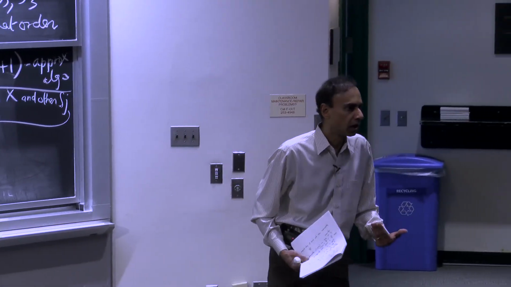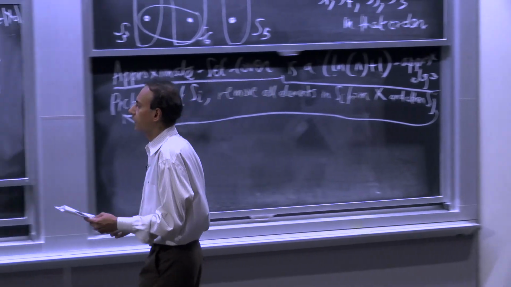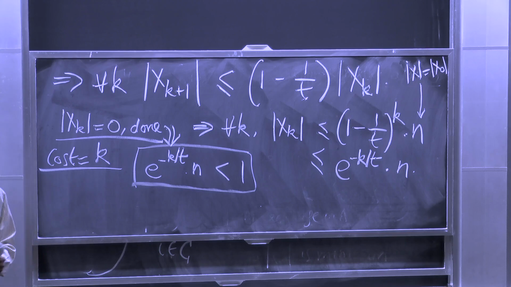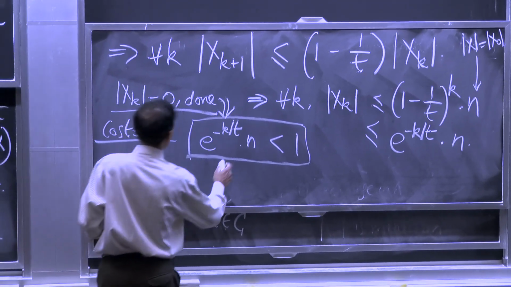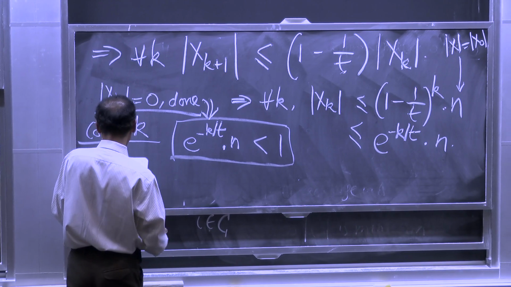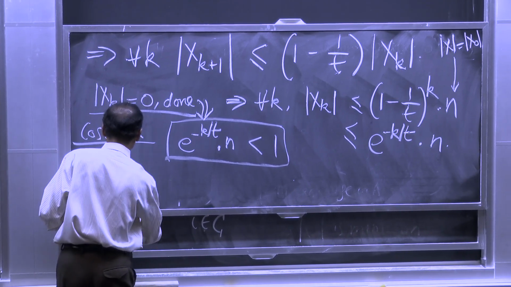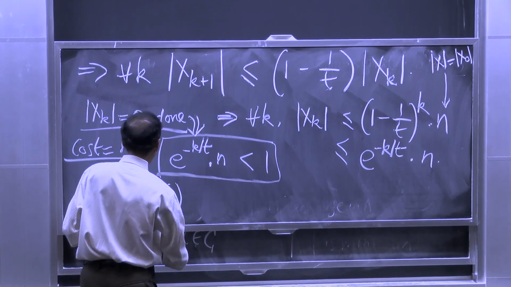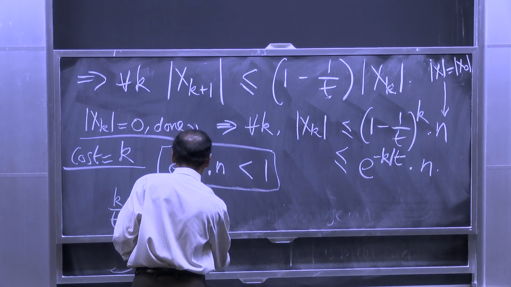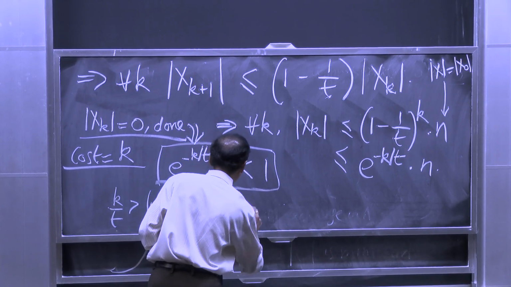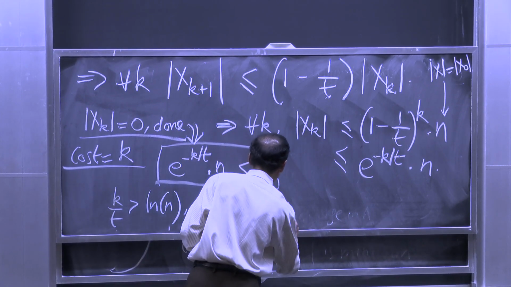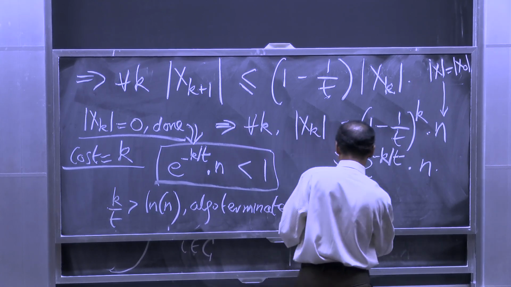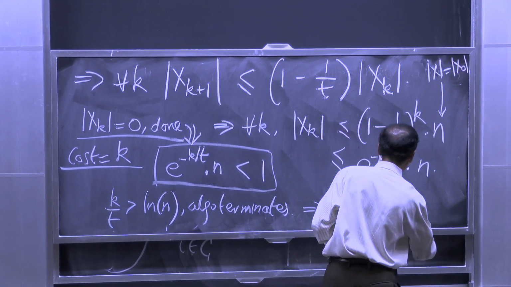That means you're done. Okay? So that's your condition for stopping. So this done means that e raised to minus kt times n is strictly less than 1. And if you go do that, you'll get k over t greater than natural logarithm of n. The algorithm terminates if you just do a little manipulation, and that implies that k over t is less than or equal to natural logarithm of n plus 1